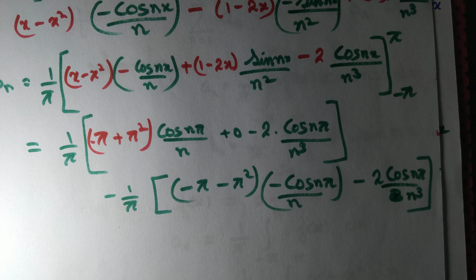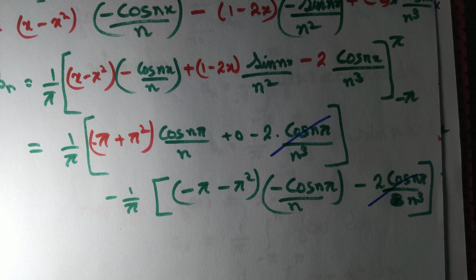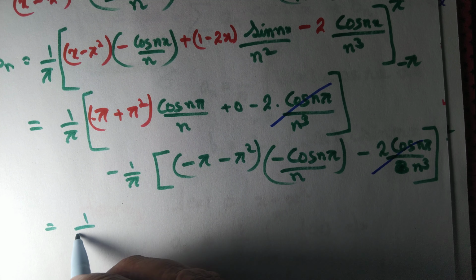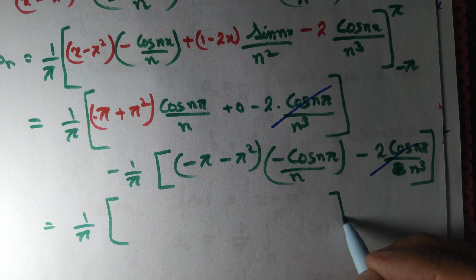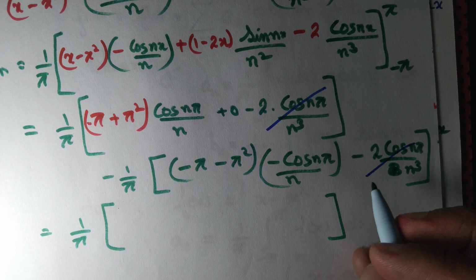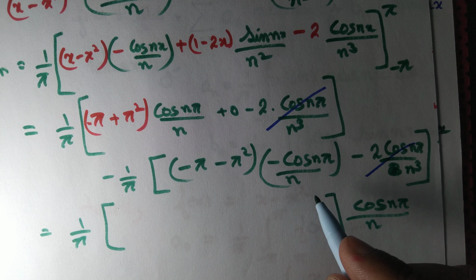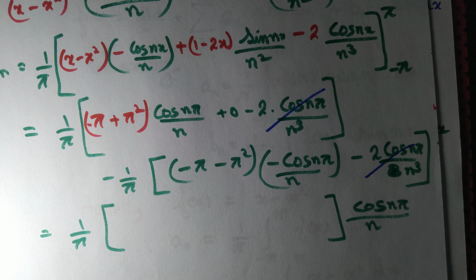Oh, observe that we can cancel something. Minus 2 cos n pi by n cube minus of minus 2 cos n pi by n cube, so that gets cancelled. What about other expression? Let's simplify it. We take 1 by pi common. We take cos n pi by n also common. So when you take cos n pi by n common, you are left out with just minus pi